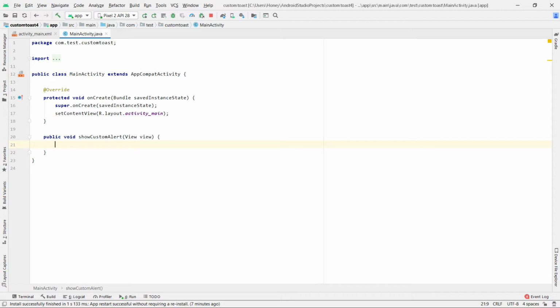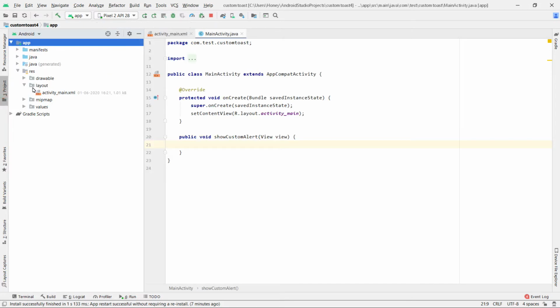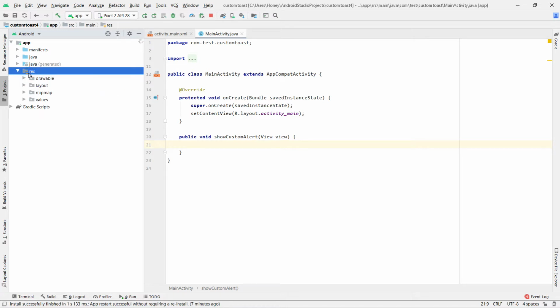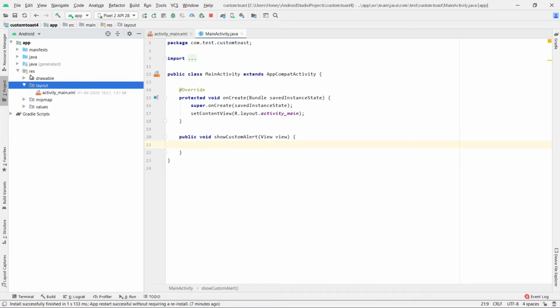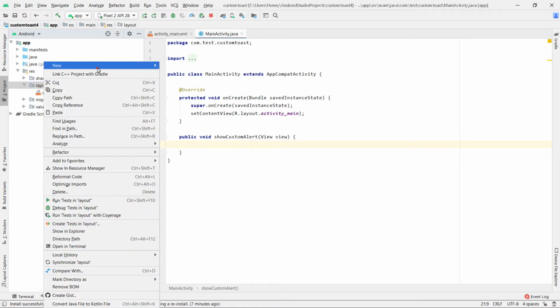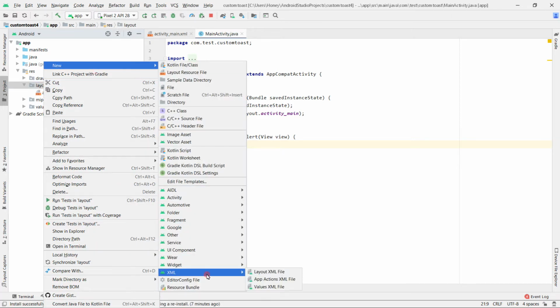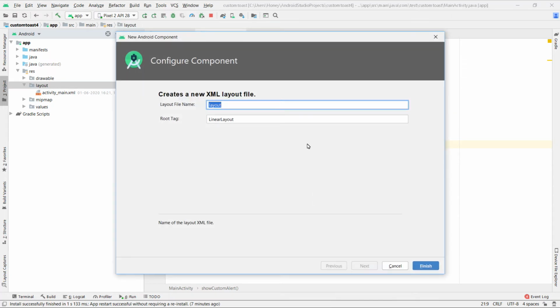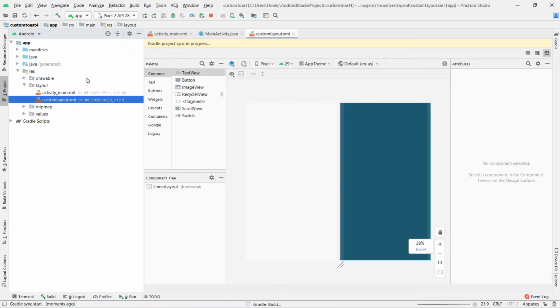Now for the custom toast you will need a resource, that is a new XML file. So go to the resource folder, layout folder, create a new XML file and name the XML file. I'll name it as custom layout. Yeah, my custom layout.xml is ready.